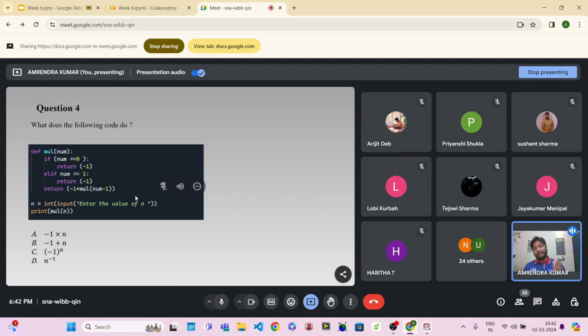It will start decreasing its value to 1, at 1 it will stop. So I have created an if condition number equal to 0, just to make sure if somebody enters 0, otherwise if somebody enters 0, it will give us an error,